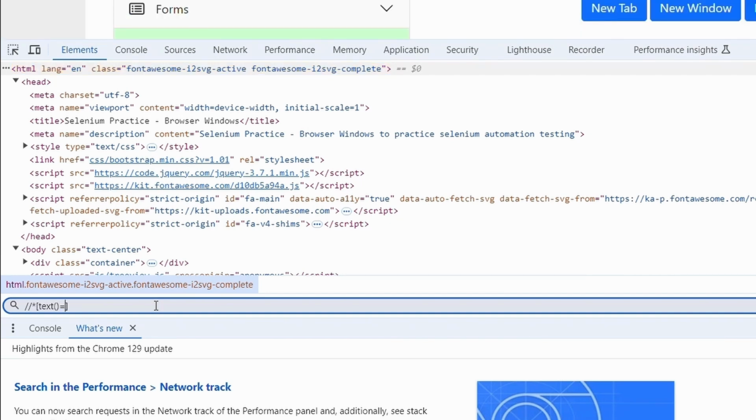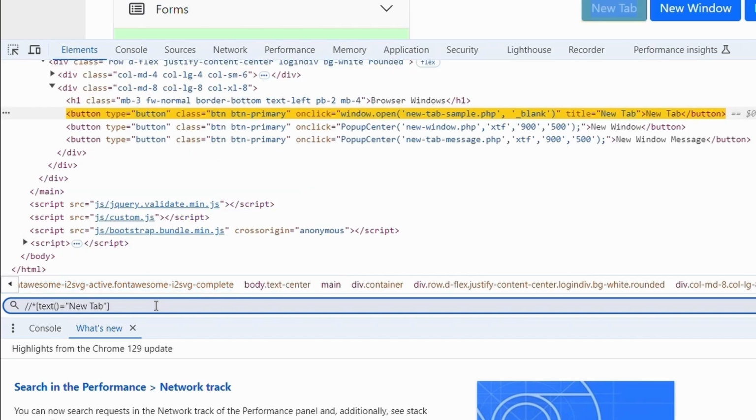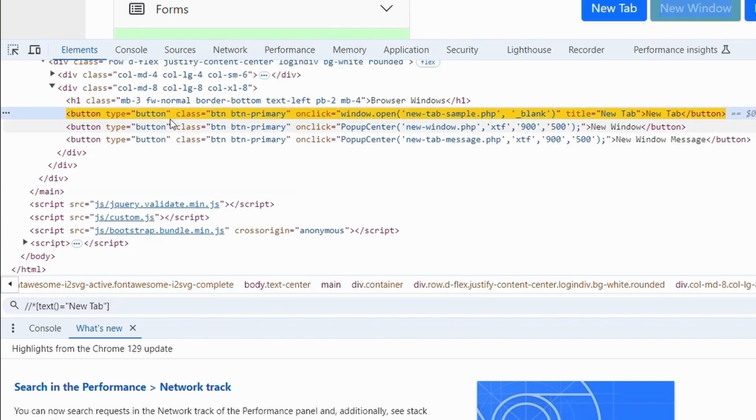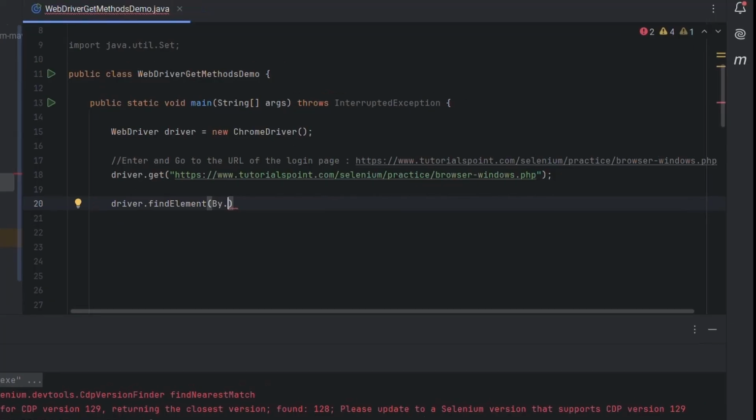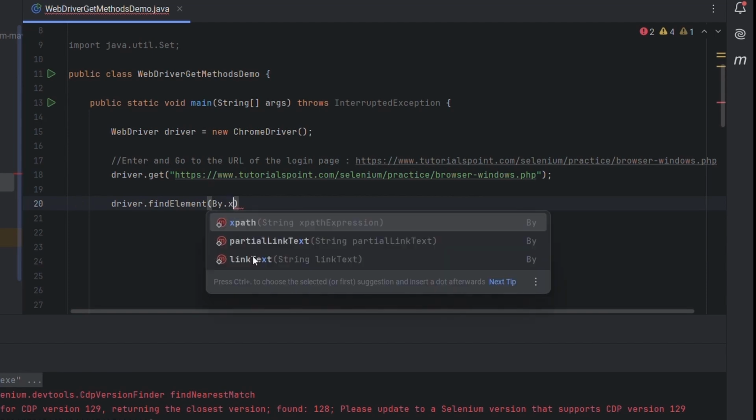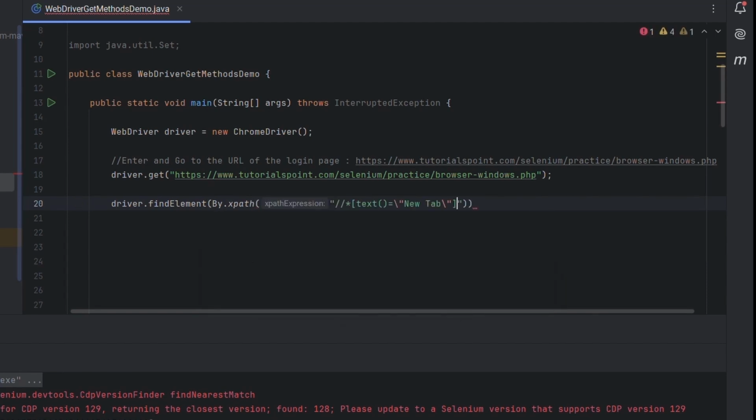What this method does is, whatever text I give here, it will match that on the DOM and try to find an element that exactly matches that text. So I've added the text in double quotes. And as you can see, I was able to find this new tab button uniquely. There is just one element. So let me use this XPath. I'm back to the code where we stopped, and by we are going to use XPath, and I've pasted the XPath here. Now basically 2 windows will be open in our browser,